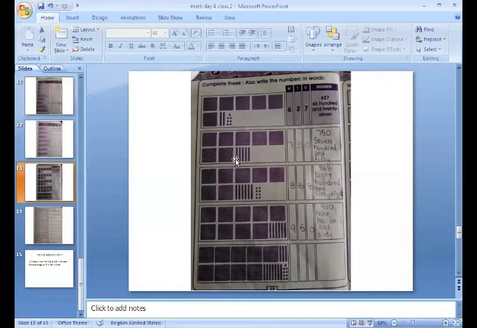Then this rod shows a block of 10. So how many blocks of 10s are there? 1, 2, 3, 4, 5. There are 5 blocks of 10s. So you will write 5 at the tens place. There are no small unit blocks, so it means there is no unit. So you will write 0 at the unit place. So 700, 5 tens and 0 units makes the number 750. So you will write here 750 in words.